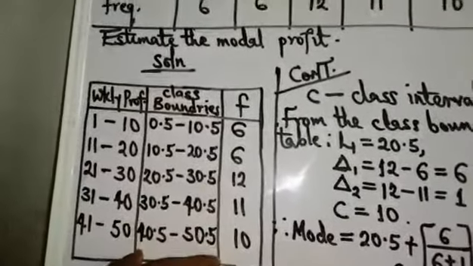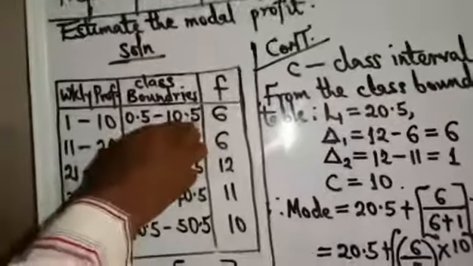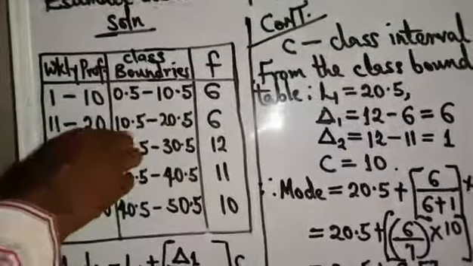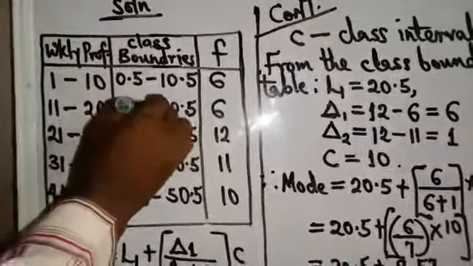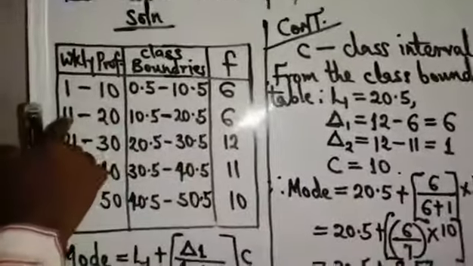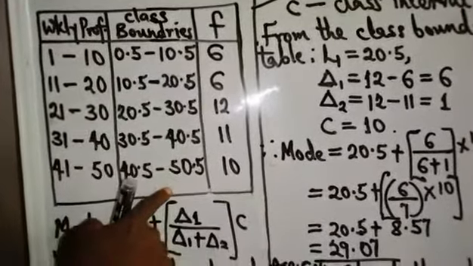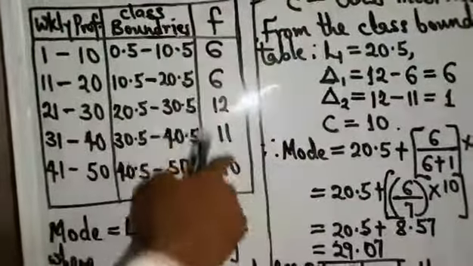Bring it out. But you have to create another column, which we call class boundary, and the normal frequency column. Now, the first number here, always subtract 0.5, you get it. Add that 0.5 to the next one here to get it. Now, this one will come to the next one to play the role here. You add 0.5 to this one, having subtracted it from the other one. This is the way you are going to create this particular class boundary column. Now, frequency will remain the same.